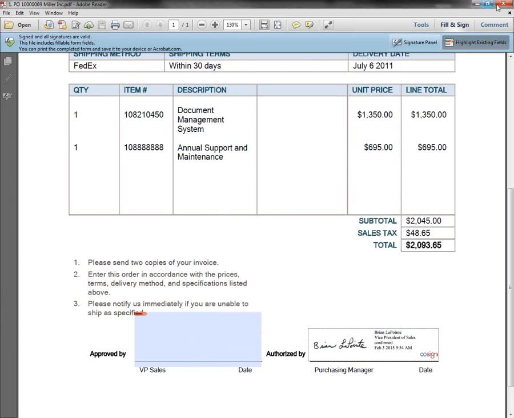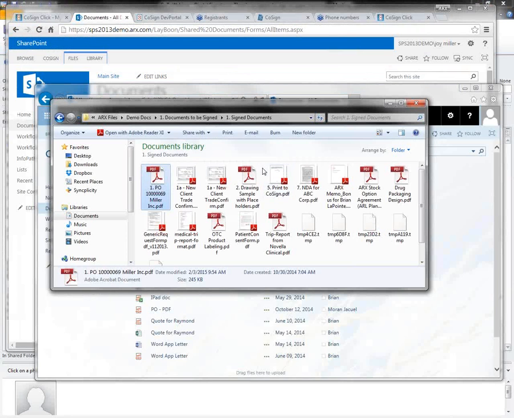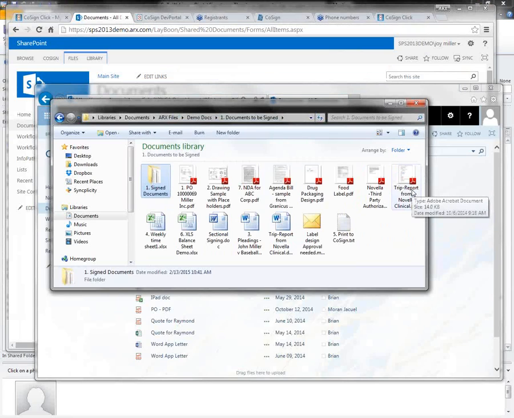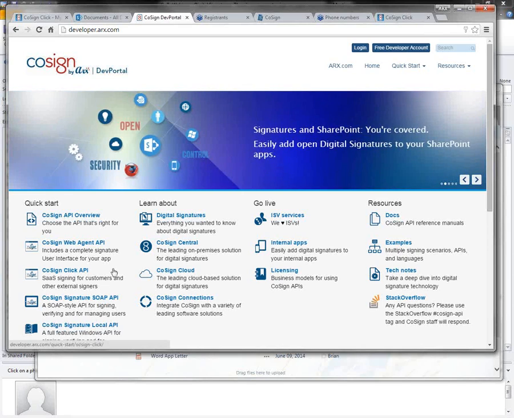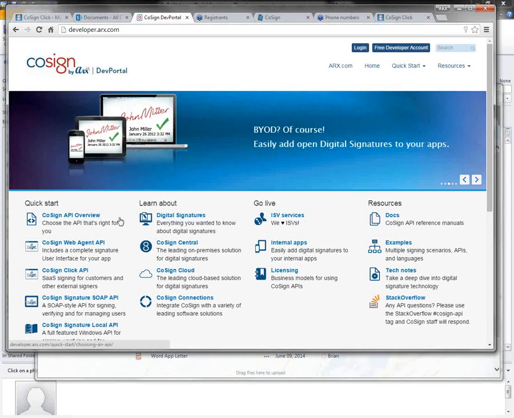Another question I have is, does Cosign work with any internally developed applications? Certainly, and we see this all the time. Customers have taken the time to develop their own homegrown applications, and Cosign has a set of APIs that can be pulled down from our developers web portal, and they can be used to integrate with those applications.